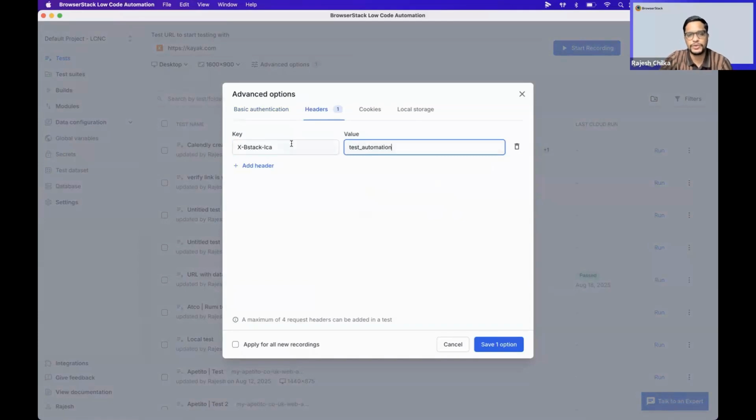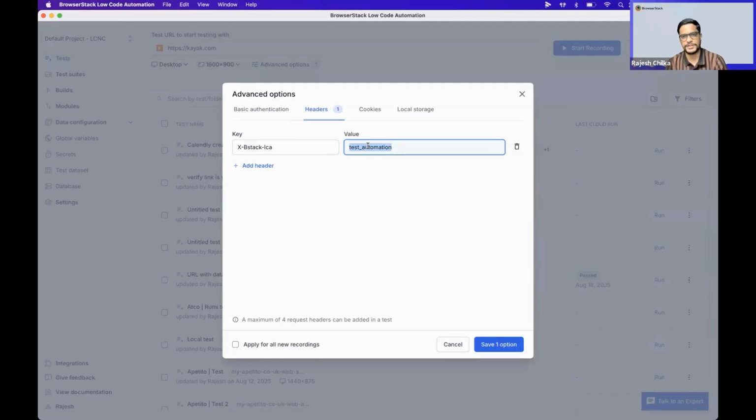And you have to use this key and value pair and configure that in your application or your Cloudflare service to whitelist it, so that whenever the test runs via local automation, this header will be applied automatically. And since this is whitelisted on your application or your service, you won't face the problem of bot traffic